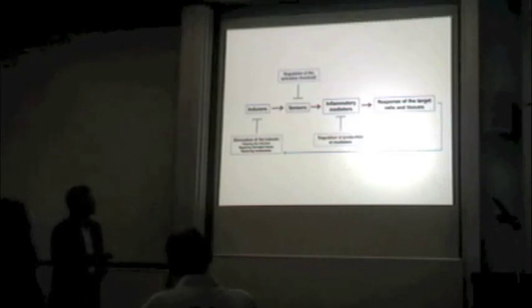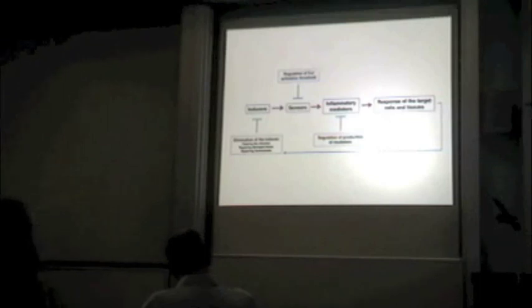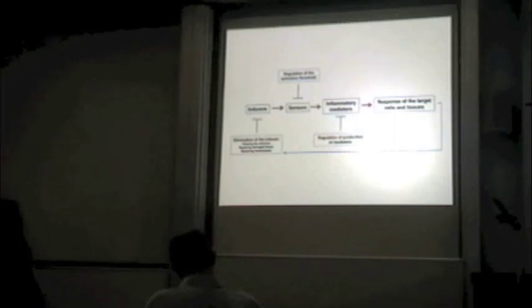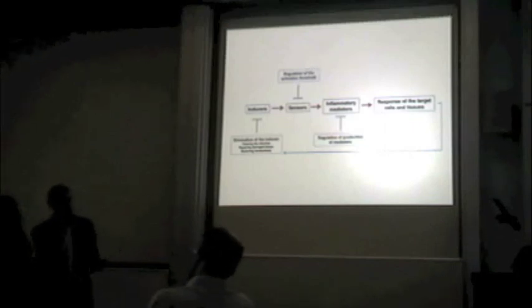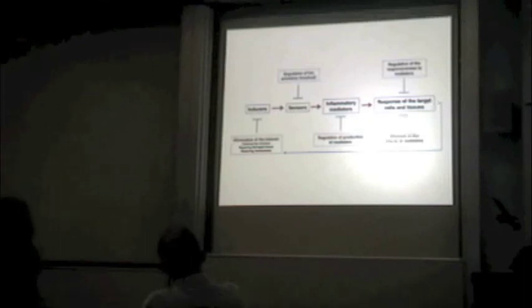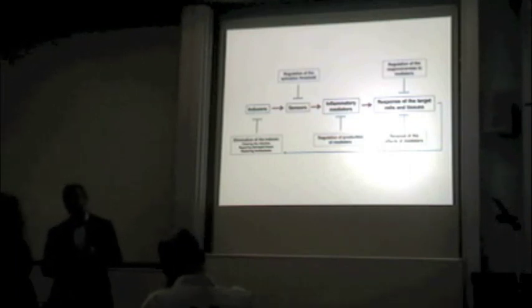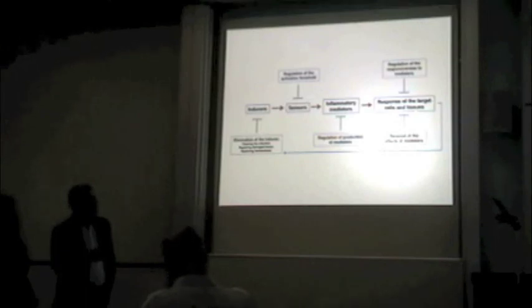The second step of regulation is at the level of production of inflammatory mediators. The ones I mentioned, various classes of cytokines, chemokines, and lipids, and so forth. And this is also relatively well appreciated and studied because many negative regulators of the inflammatory or immune response act at that level, like controlling production of inflammatory mediators. What is not well appreciated and studied is control at the level of responsiveness of target tissues to the inflammatory mediators. And there are two types of control at that level. One is